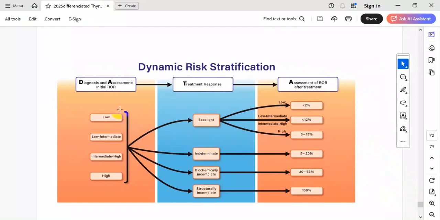Here is the low risk, low intermediate, intermediate high and high risk. Sometimes, after treatment, it depends. Sometimes it goes to excellent and sometimes it goes to intermediate, and sometimes it develops biochemically incomplete or structurally incomplete response. That's why we must follow all patients and accordingly